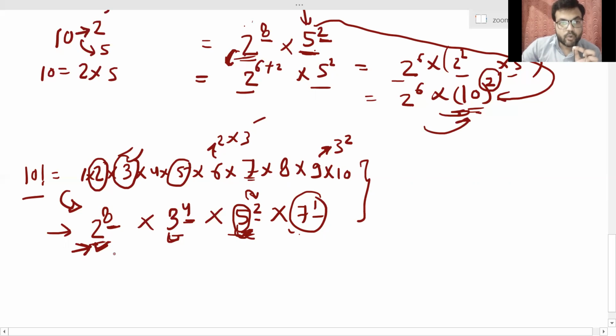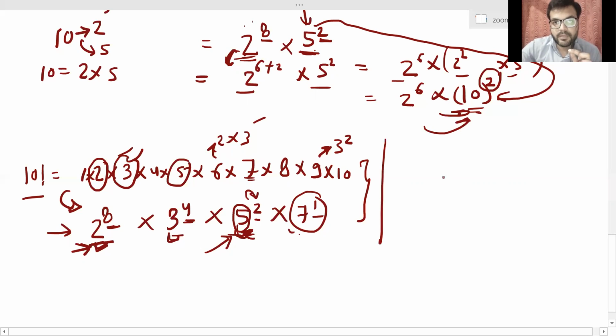So here you do not need to calculate the number of 2s. You only have to find out how many 5s we have. Okay, how many 5s we have. That will ultimately give you how many 10s we have. I mean, the maximum power of 10. Okay. And that will ultimately give you the maximum number of trailing zeros, that is, how many trailing zeros we have in that factorial.